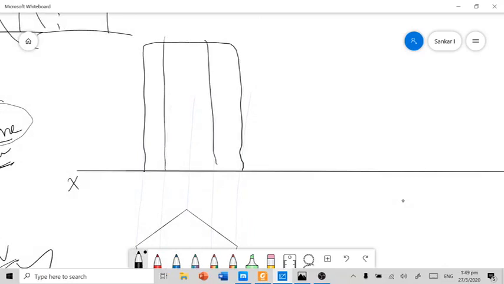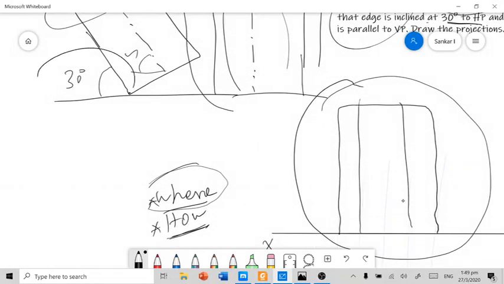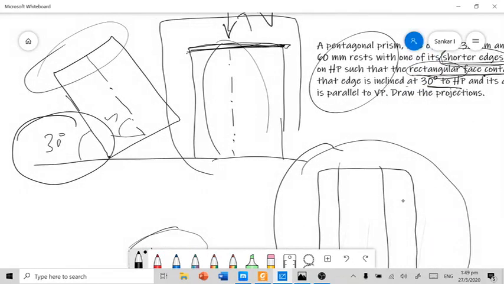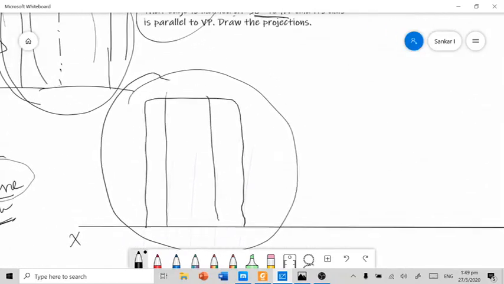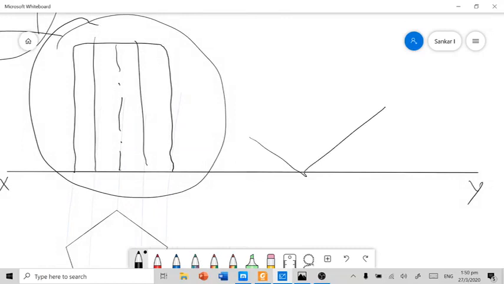After that, what I am going to do is, I needed to tilt this lateral view in order to make the solid axis 30 degree inclined to HP. This is what I needed to do in reverse manner, because as per the problem itself, the solid axis is inclined at 30 degree to HP. For my convenience only, I made it perpendicular to HP. So after drawing this simple front view and top view, I needed to bring out the truth. I needed to draw this lateral view as 30° inclined to HP in order to make the axis 30° inclined to HP for the final front view. If I do like that, I need to draw in this way.